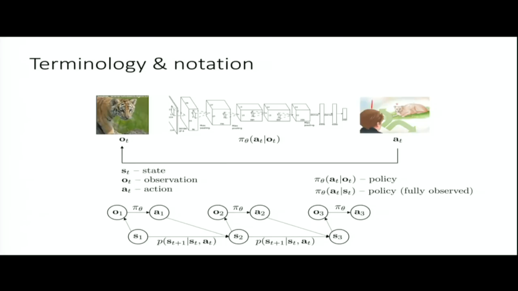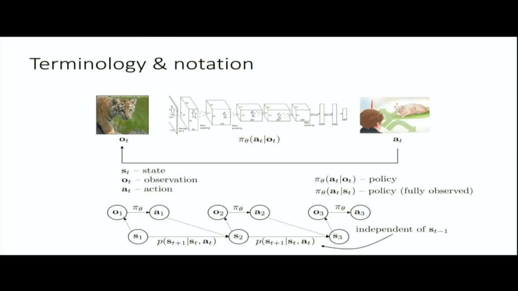One of the differences that you might notice already from looking at this probabilistic graphical model is that if you observe the state at time step 2, then the state at time step 3 is conditionally independent from the state at time step 1. That means that if you know the state at a particular time step, you know everything that will happen in the future insofar as that's possible, and you can completely forget the past. So knowing the state at time step t allows you to forget everything about the past and still have just as much knowledge about the future as you had before.